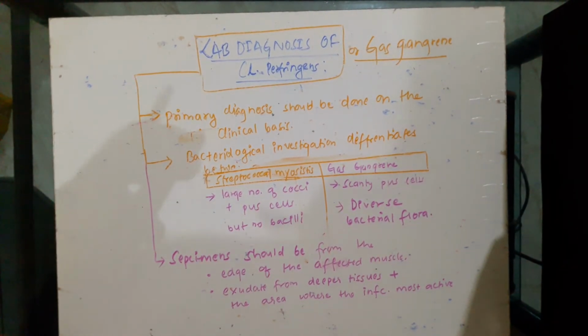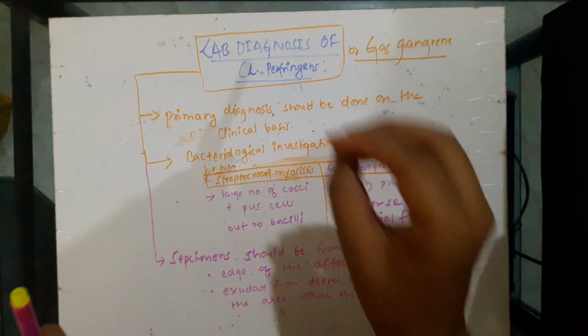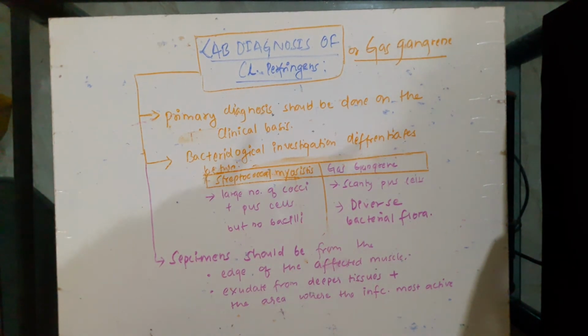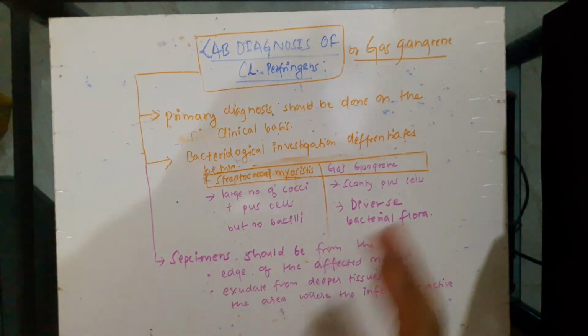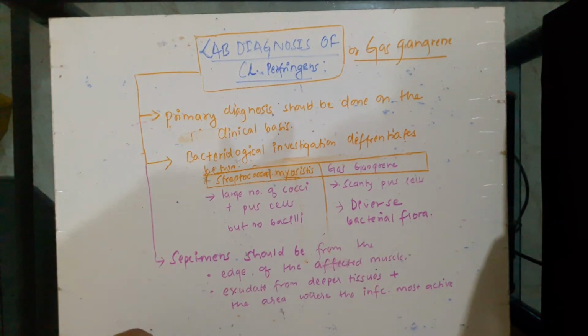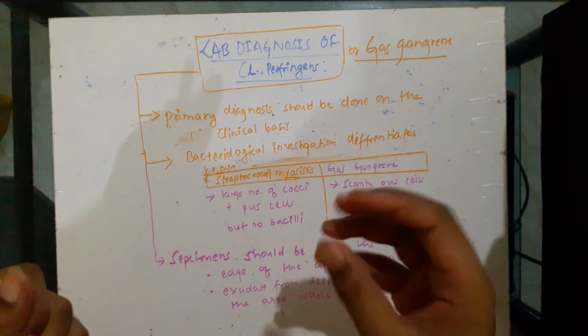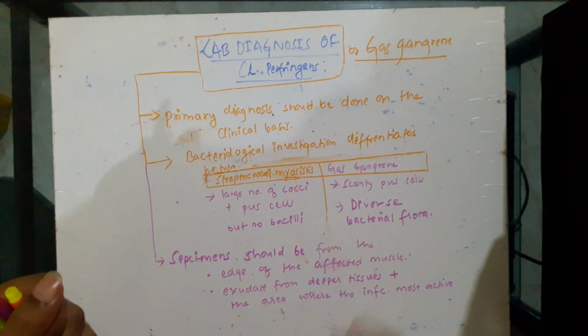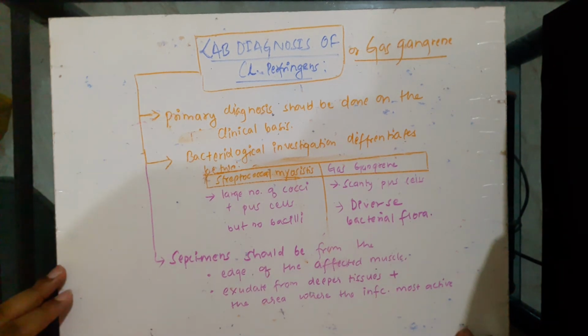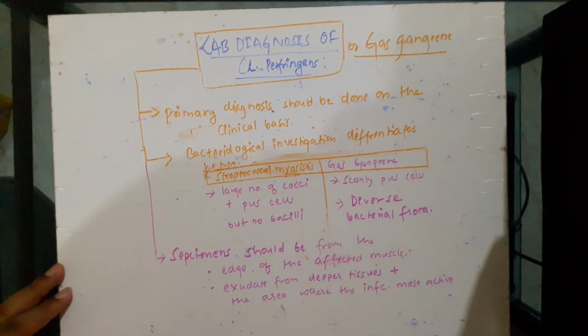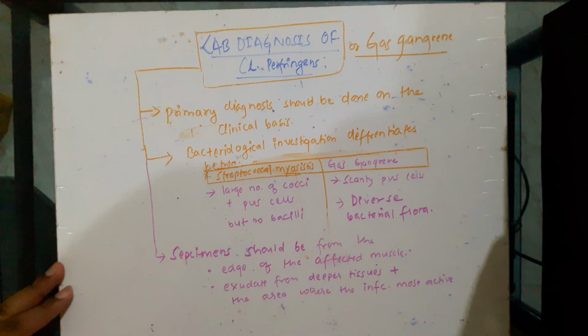So after collecting the specimens, what is the next procedure? Now you look for demonstrating Clostridium perfringens. While discussing cultural characters, we discussed some characters of Clostridium perfringens. They include target hemolysis and litmus milk. These two can also be used for the demonstration of Clostridium perfringens. We shall see in the next video which methods should be used for the demonstration of Clostridium perfringens and the treatment part.